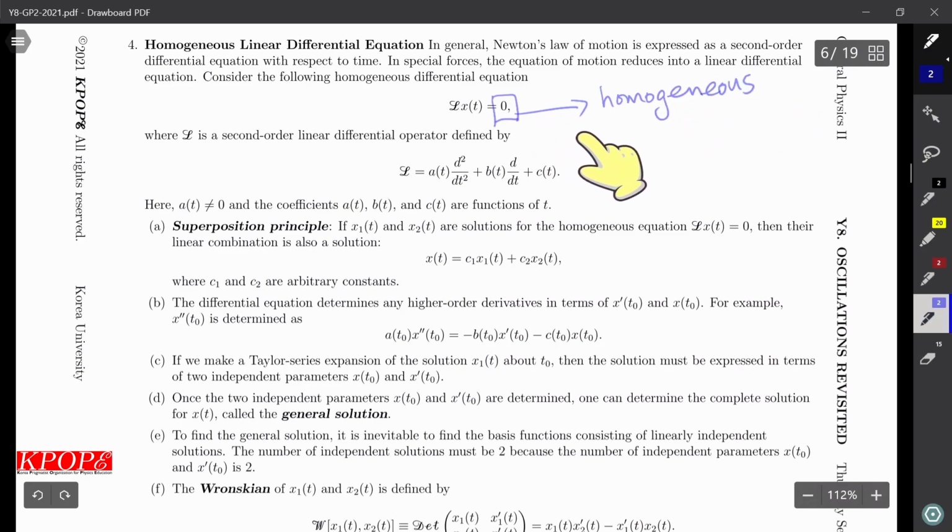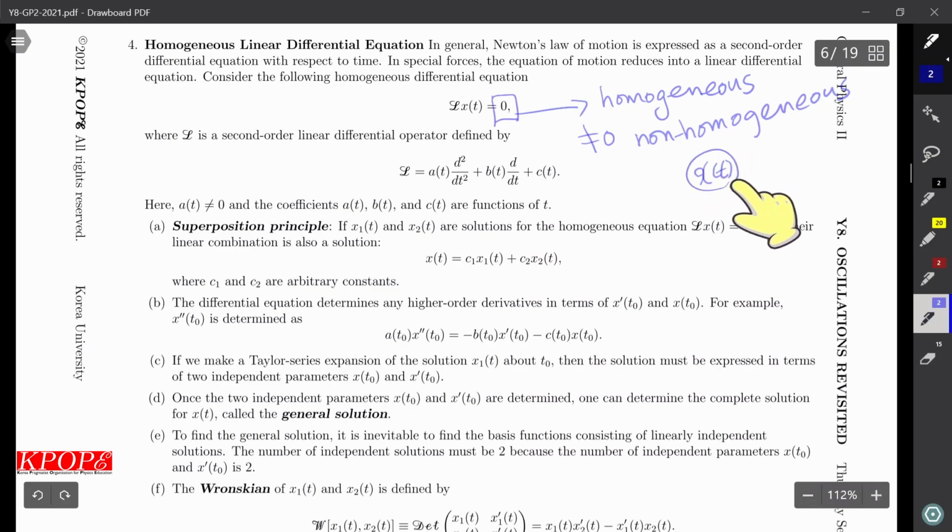If it is not equal to 0, then we call it a non-homogeneous equation. A differential equation is an equation for some function of x, and the left-hand side is a linear combination of